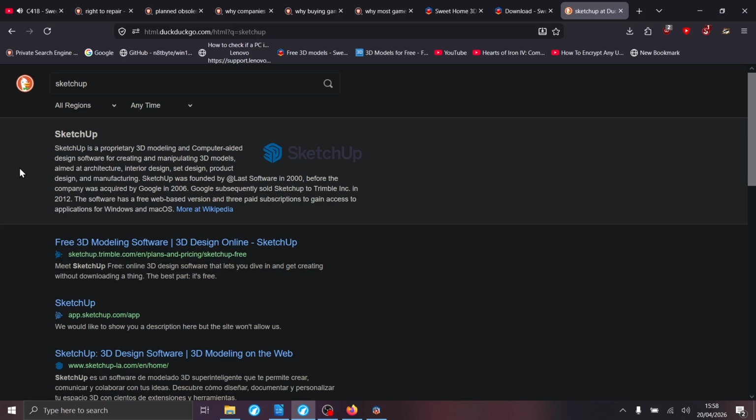So this app, SketchUp, that's the reason I don't want to use it. First, it's paid. You have to pay to use the app.